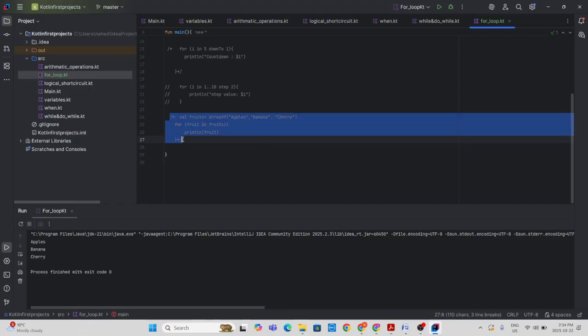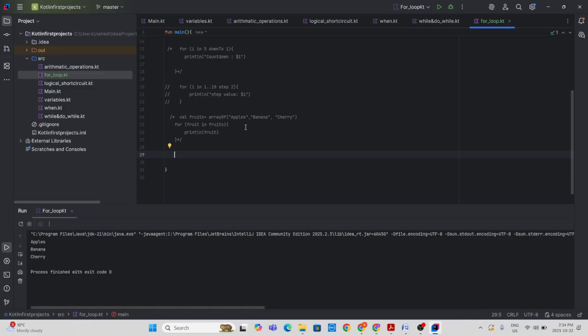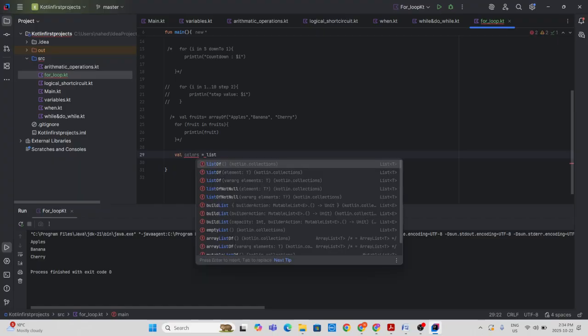So now you understand how to use an array in a simple way, and how to consider it in a variable and use it in a for loop, right? So for that, let's take the example of a loop with index. How to use an index in loops, that we are going to learn. So for that I have to take one variable. I will take it colors and list of,